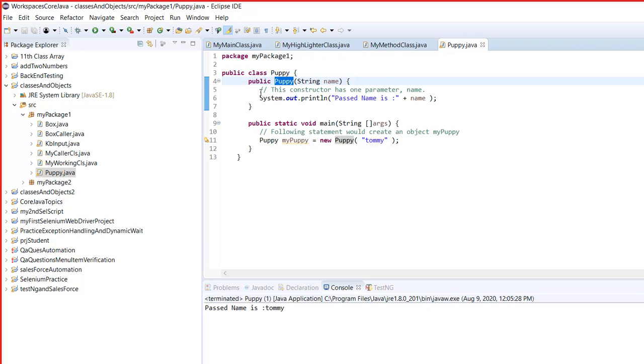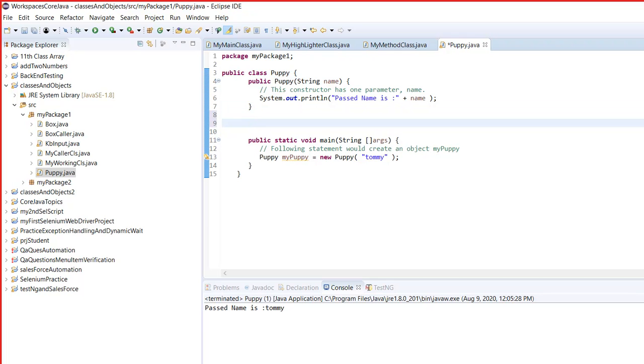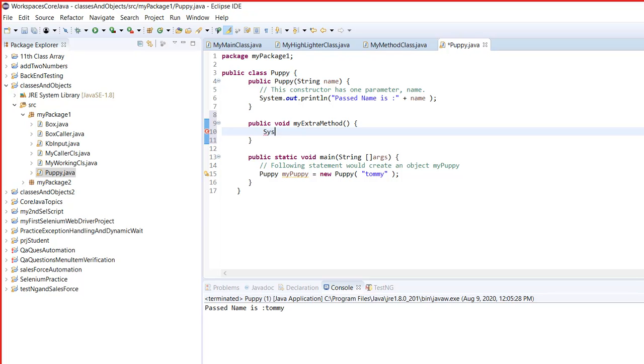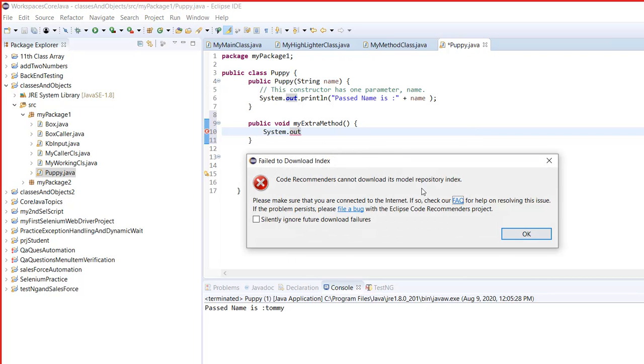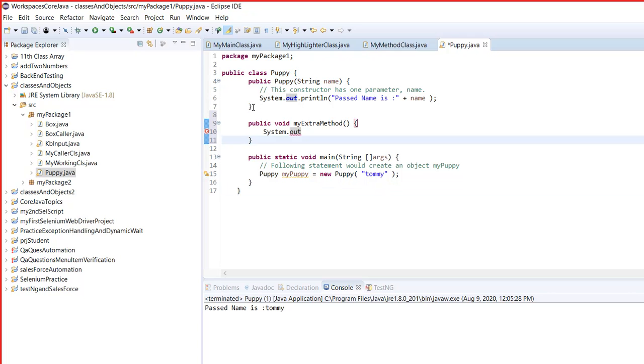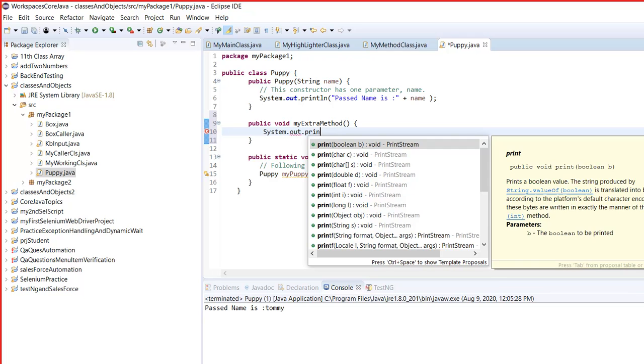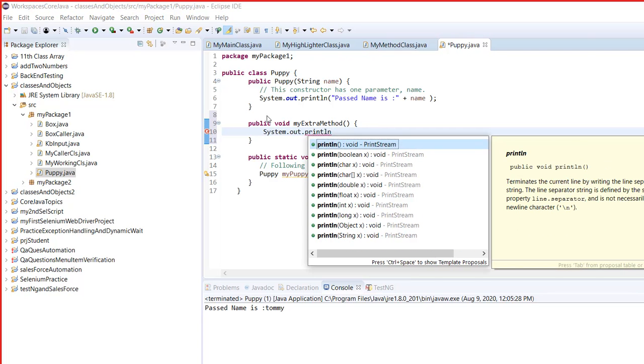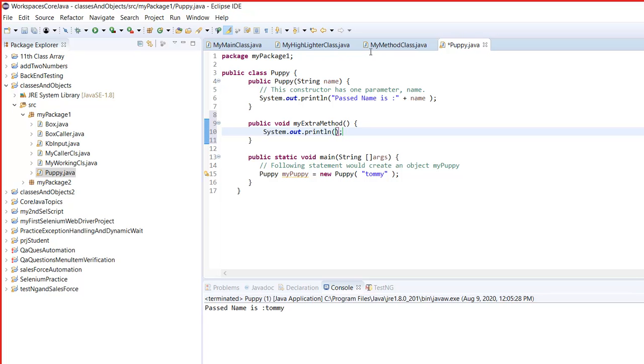Remember that, let's say inside the class, if you have a method, let's say you have another method, for example, public void myExtraMethod, and in my extra method I'm going to print something, System.out.println,